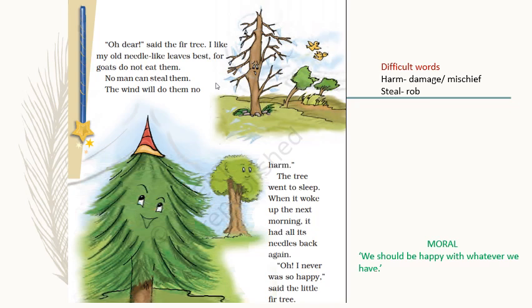We should appreciate whatever we have, because sometimes, you must have seen, that whatever we have may not be there with others. For example, you are getting the opportunity to learn, you are getting the opportunity to go to school, but many times you find many children who do not get the opportunity to go to school. So always be happy with whatever you have. Try to appreciate the things that God has given to you. So this is the moral of the story.